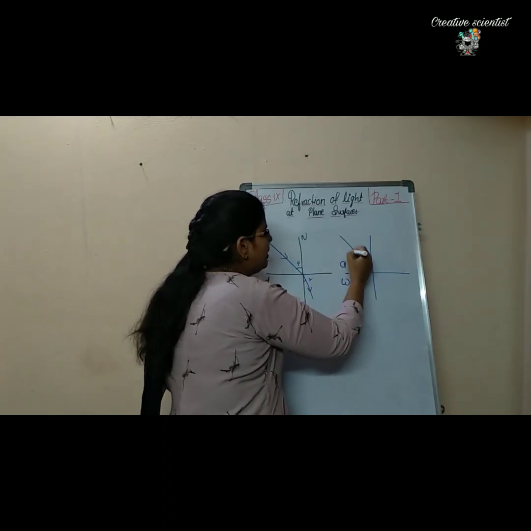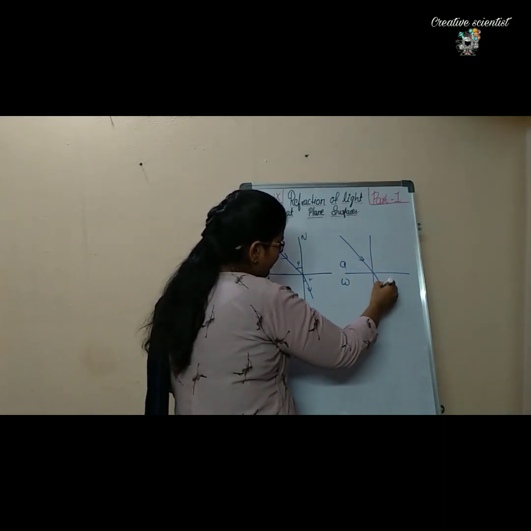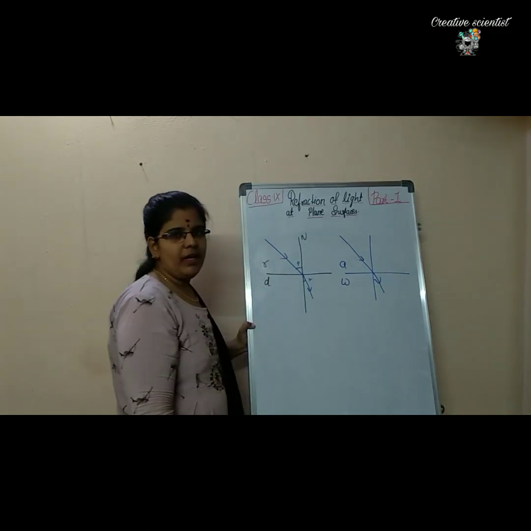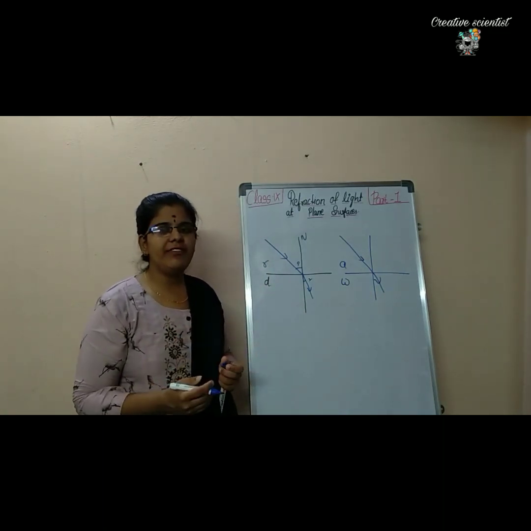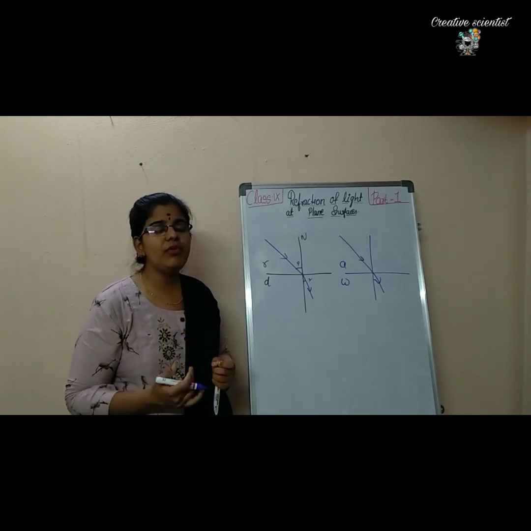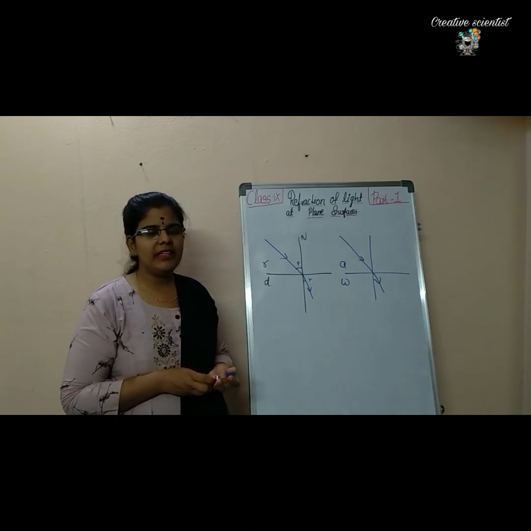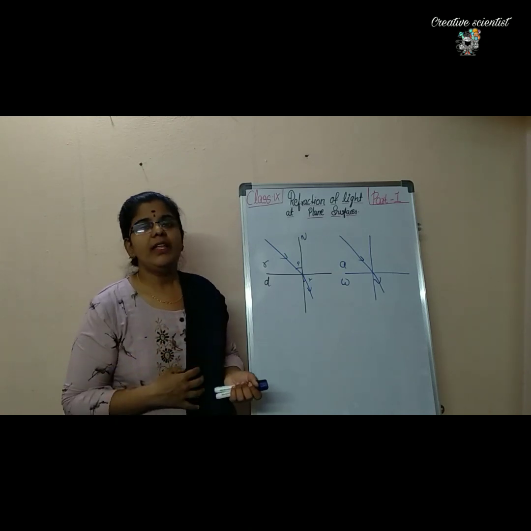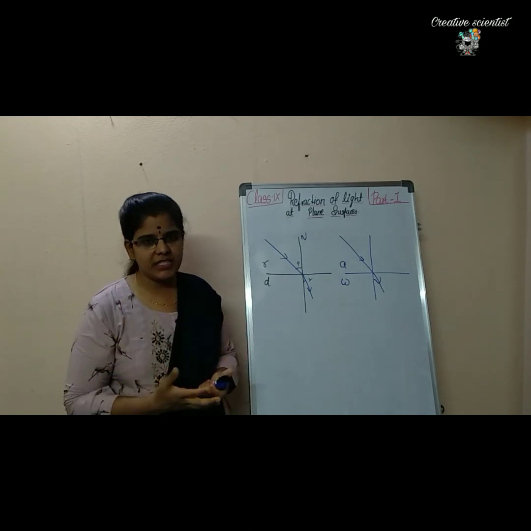And this is how the light ray is moving, and here the light ray will be reflecting towards the normal. So this is how you can understand the refraction of the light when it is moving from one medium to another medium. While it is moving from one medium to the other medium, it is bending. Then what happens to the light? The speed of the light will be changed.